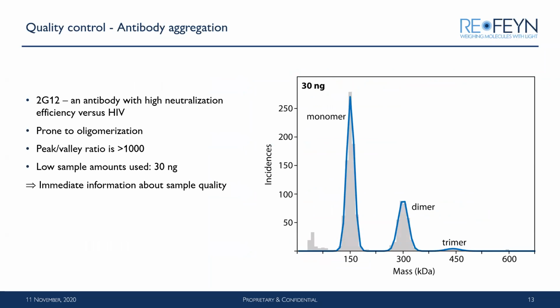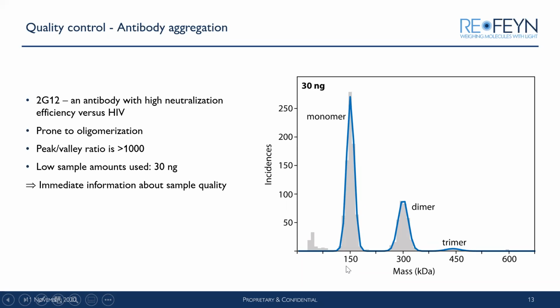Okay, so the first example is antibody aggregation, and it's a really simple example of quality control of the sample. Here it's an antibody to G12, which has a tendency to oligomerize. So if you have your sample in the fridge and you want to know what the content of it is, is it a good sample? Did it aggregate or not? What you can do is measure, and really easily you can quantify exactly how much of the monomer,